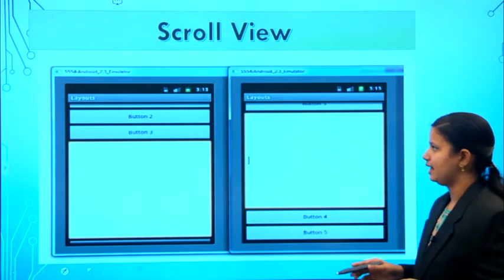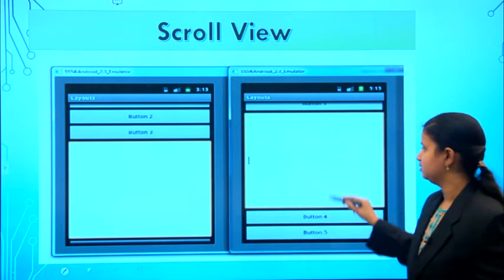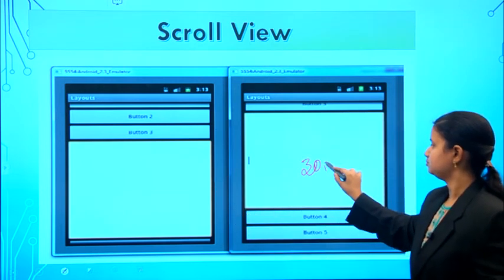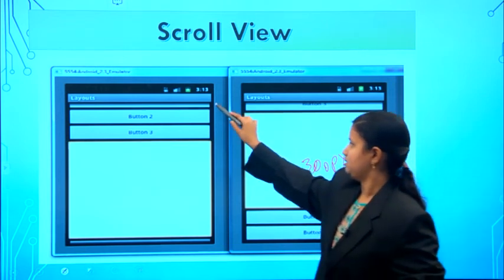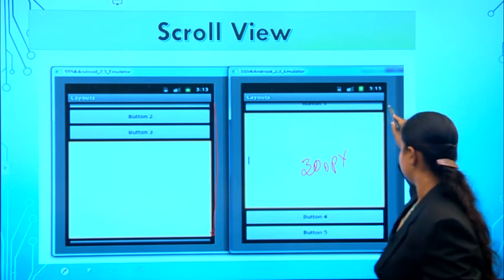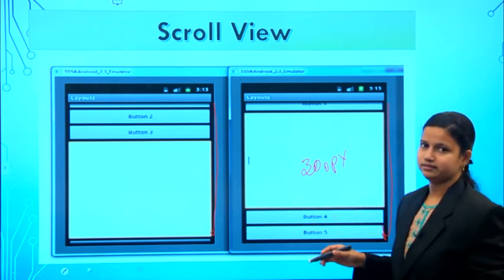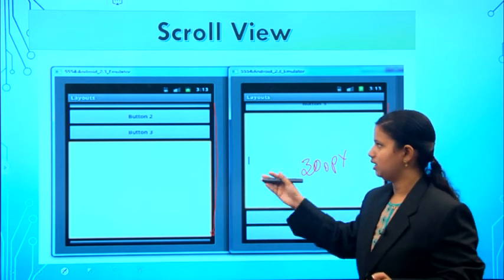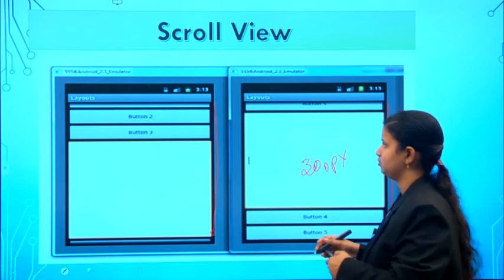So the output is like this. Buttons are displayed, and the edit text with a size of 300 pixels is displayed, and button 4 and button 5. By pressing the scroll bar available in this place, it will display the contents. By pressing the scroll bar, it will be arranged.